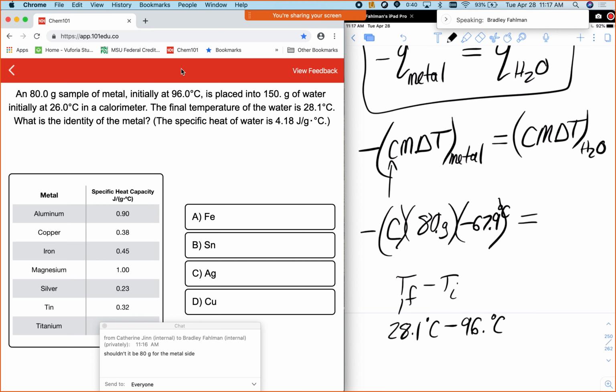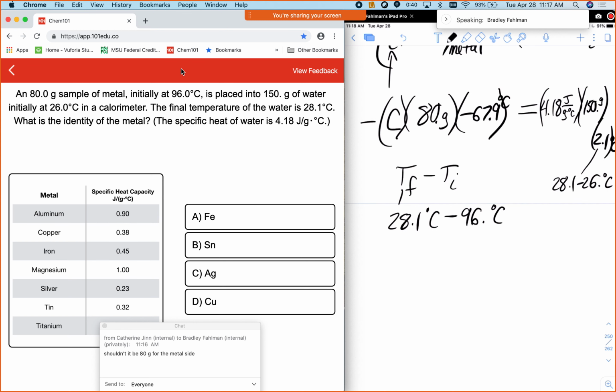And then on the other side, for water, we're told what that value is. The mass is the 150 grams. Running out of room here. Delta T for that is going to be 28.1 minus 26, so 2.1. All right, so then we just plug everything in. So therefore,